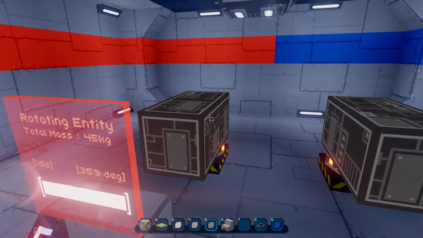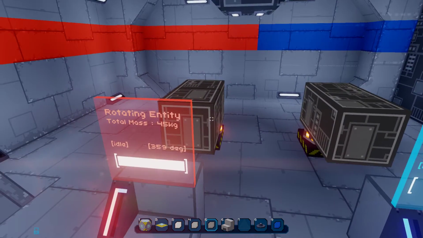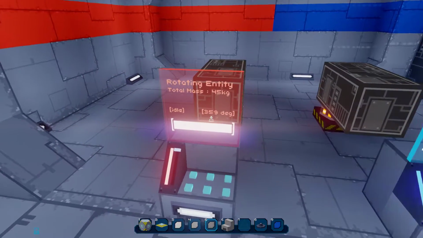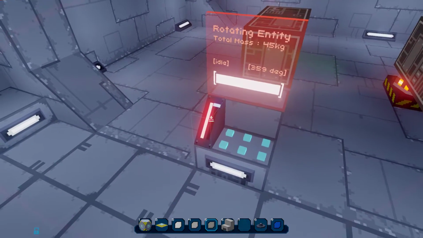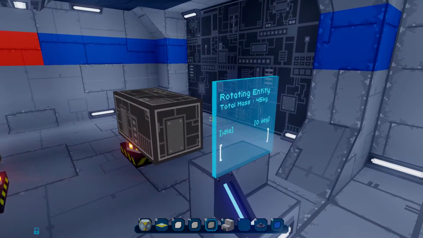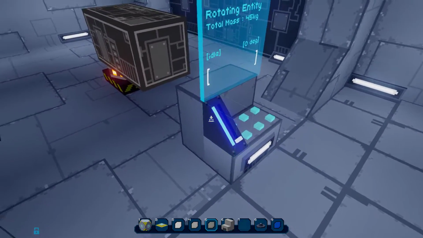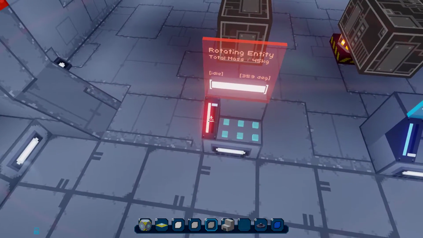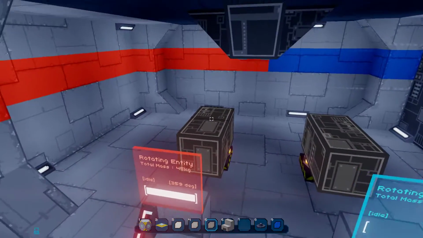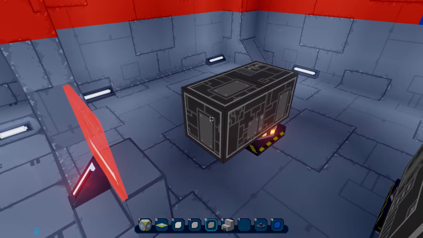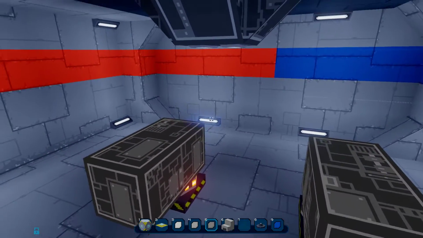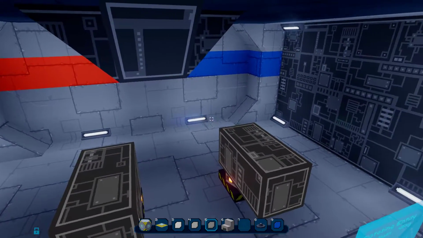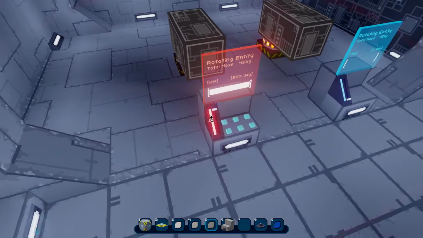So these two blocks are in the exact same position, but their logical status is very different. So this one is at 360 degrees, which corresponds to a value of 1, and this one is at 0 degrees, which corresponds to a value of 0. Okay, so if right now I input a value of 0.5 for these two blocks, this one will rotate counterclockwise like this. Whereas this one, which is 0, will rotate this way. Okay, so clockwise.